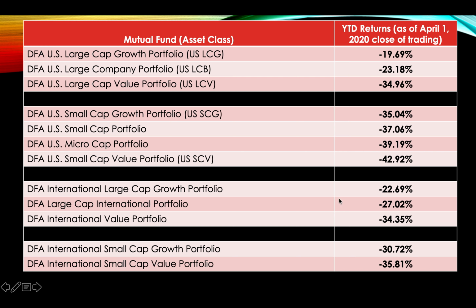On the international side, large cap growth versus value stocks. Again, large cap growth did better than a balanced portfolio or the international value. And in the small cap area, small cap growth stocks did worse than large cap growth stocks, but again, small cap value was the lowest. And actually, right now, small cap value stocks, both in the US and overseas, are tremendously undervalued relative to historic norms. And probably not at the bottom, certainly not, they could go lower, but they are quite undervalued.